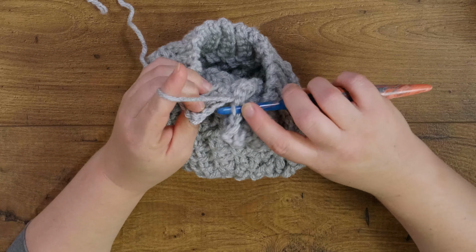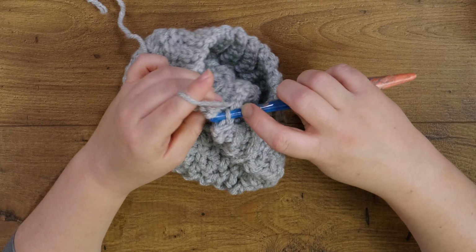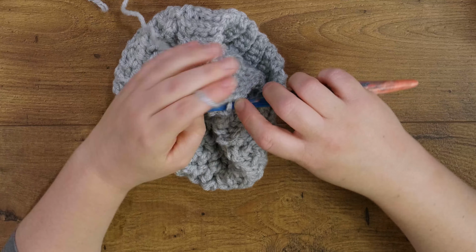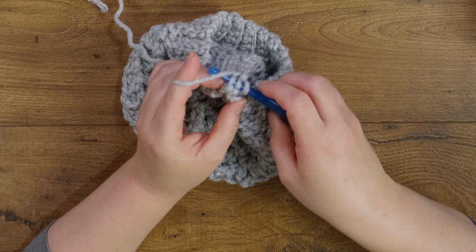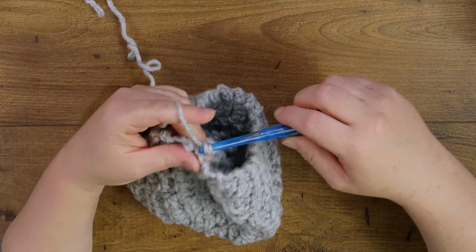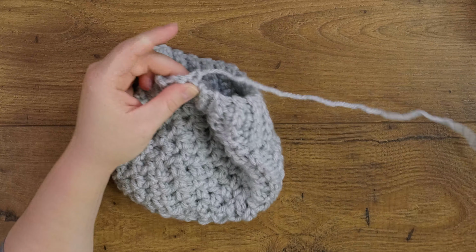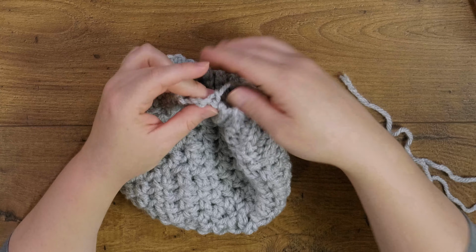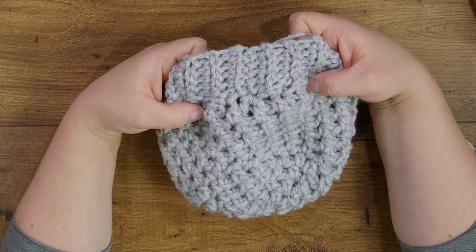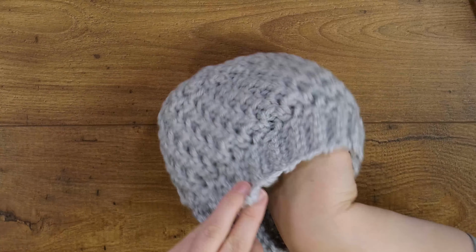I'm going to continue all the way up. And in the last one, back loop, slip stitch, and there we go. So then I'm going to finish. I guess I don't really have to worry about cutting the yarn from the ball. So I'm going to go ahead and pull that all the way through. Make sure it's nice and secure, and you can see by working in the back loop that seam really isn't very noticeable at all. So afterwards, I'm just going to go ahead and trim this up, weave in my ends, and